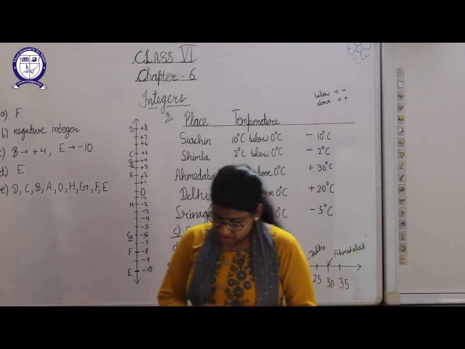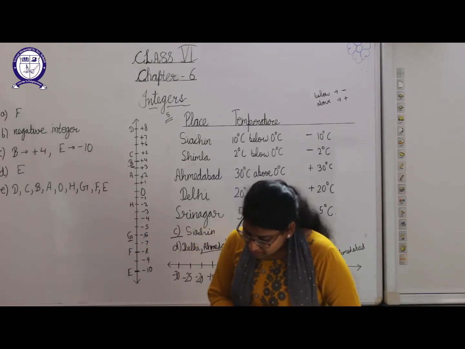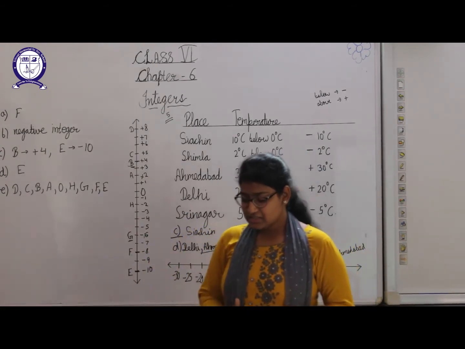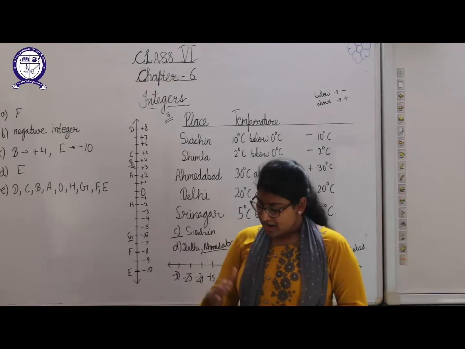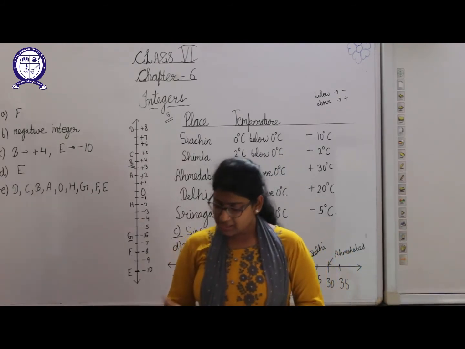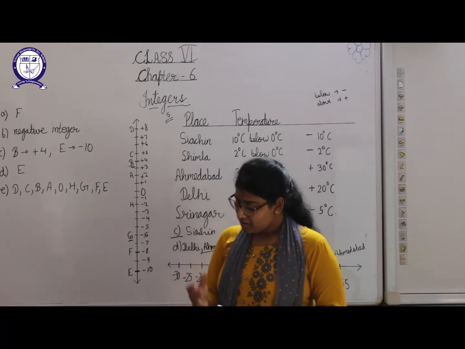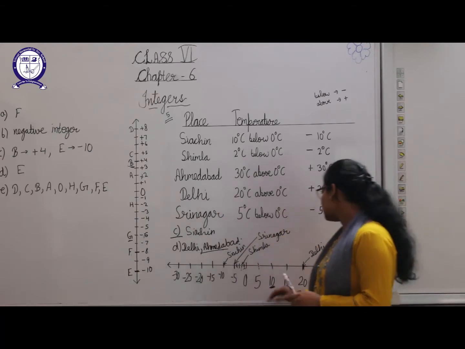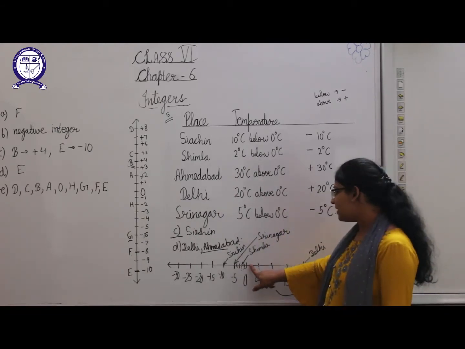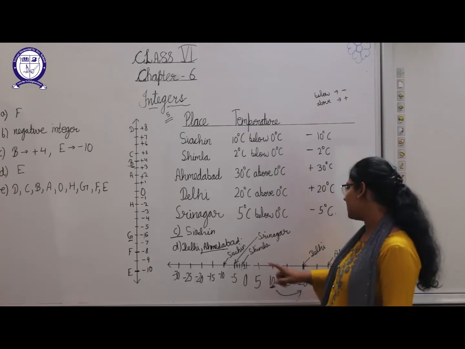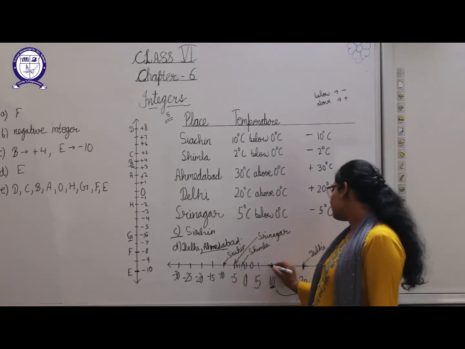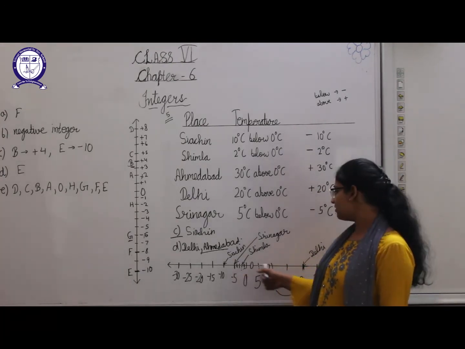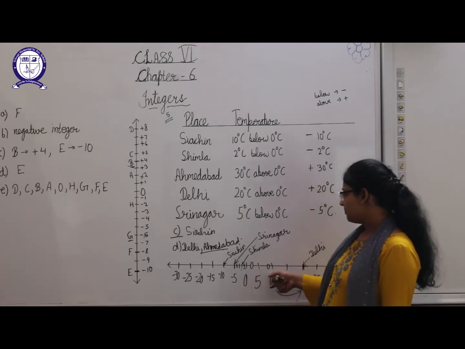Now our 6th question is, in which of the following pairs which number is the right of the other on the number line? In this, students, you have to make a number line and you will say what is the integer from these 2 given, on the right side. In the first part it is given 2 and 9. Okay, if we see in this figure, on this number line 2 will be here, somewhere here, and 9 will be here. So which digit is on the right place? 2 or 9?